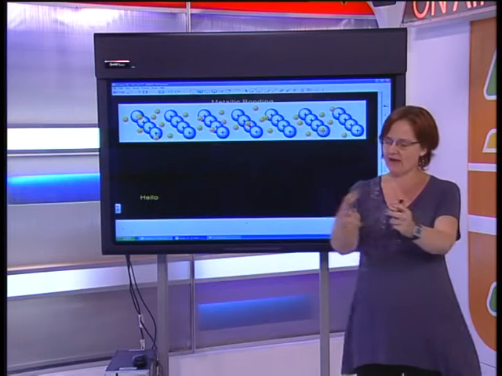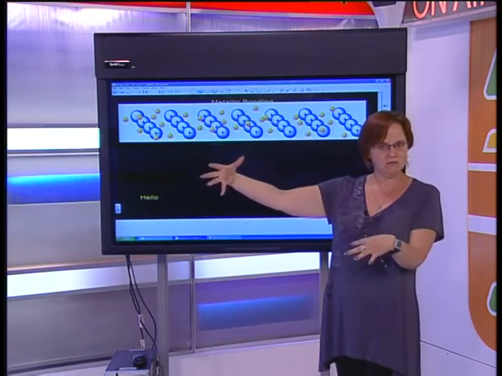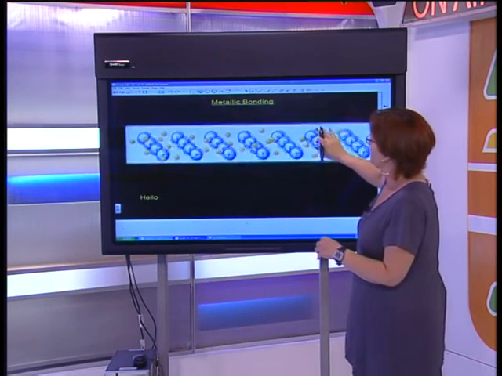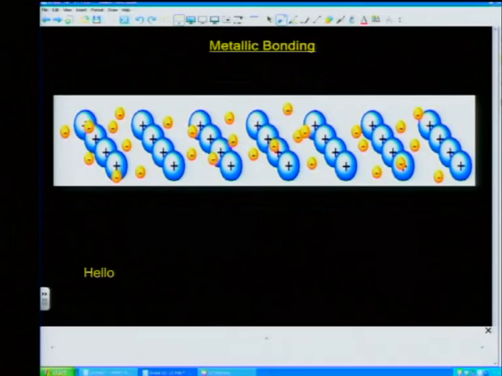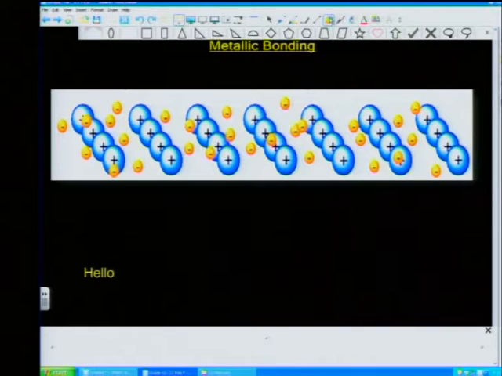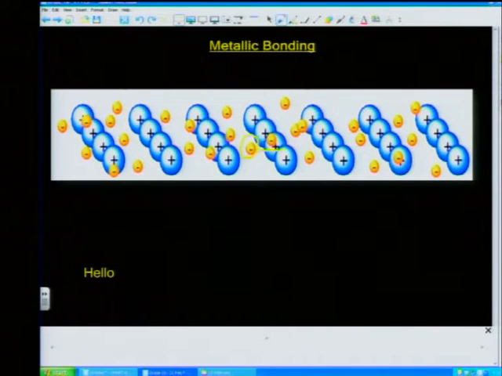So what it means is the outer energy level of our metal has pretty much all just sort of mushed into one. Okay, it's a bad way to describe it, but I'm hoping it actually helps you understand it. But anyway, we have these electrons here that are very happy to move around. So they go from house to house and jump along, and they're very, very happy. So these electrons here can just move along, and when we put an electric current through it,